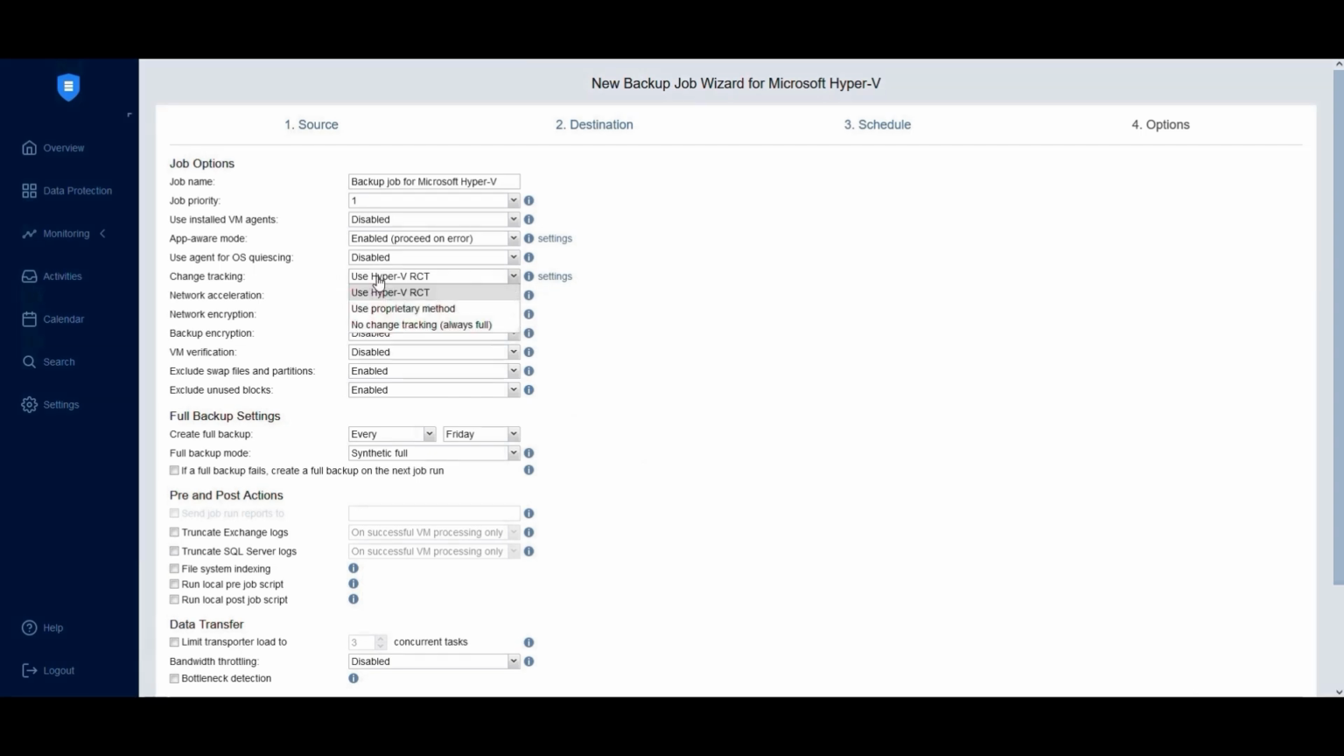Using native Hyper-V change tracking enables the fastest incremental backup. When you switch to the Use Proprietary Method option, NAKIVO Backup and Replication reads all of the content of all VM disks to determine which data has changed since the last job run. Finally, when No Change Tracking, Always Full option is selected, NAKIVO Backup and Replication performs a full VM backup of